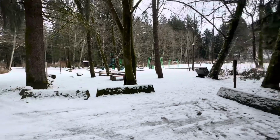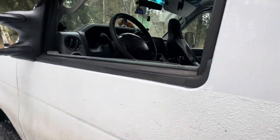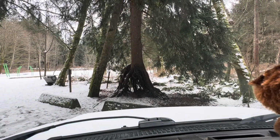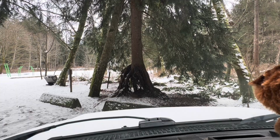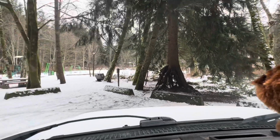Yeah, beautiful, beautiful area. Camped here a bunch of times. There's another story for this campground. Back in 2022, a lady friend that I traveled with and I were here because it's very close to town. It was raining, and then it turned to wet snow. I forget what campsite we were in here, and all of a sudden,